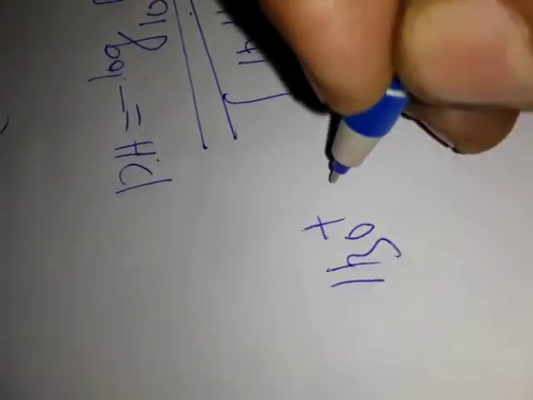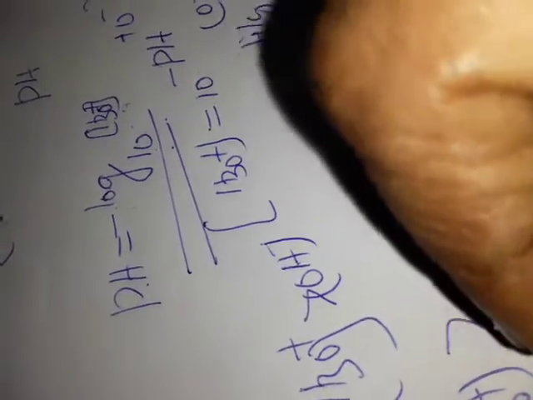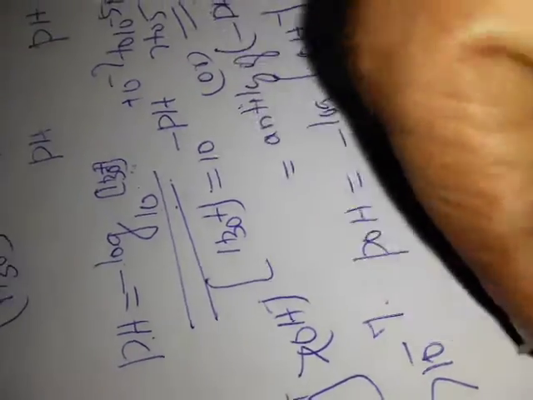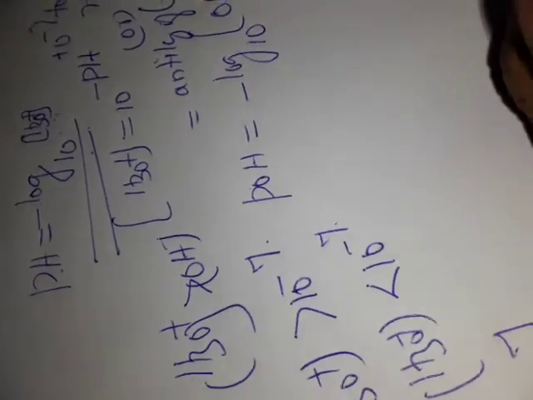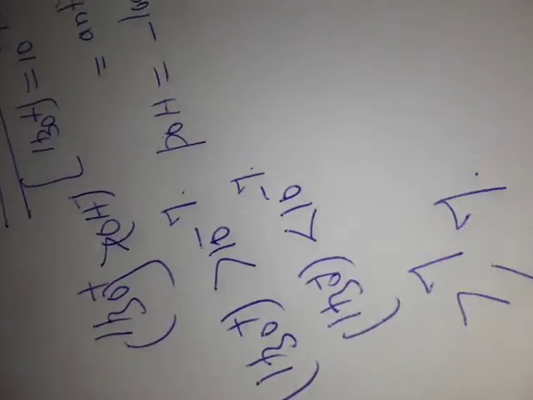We know that in acidic solution, H3O plus concentration is greater than OH minus ion concentration. That is, in acidic solution, H3O plus concentration is always greater than 10 power minus 7. Similarly, in basic solution, H3O plus concentration is always less than 10 power minus 7. So we can conclude that in acidic solution the pH value is always less than 7, and in basic solution the pH value is always greater than 7. Based upon that, we are going to learn about the relationship between pH and pOH.